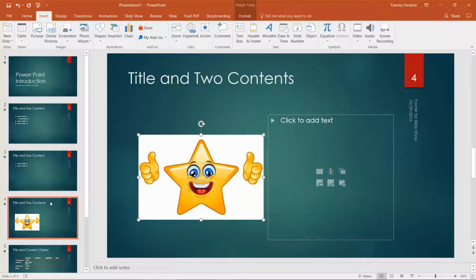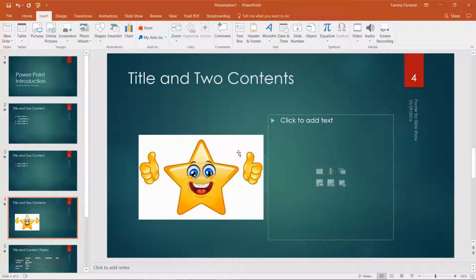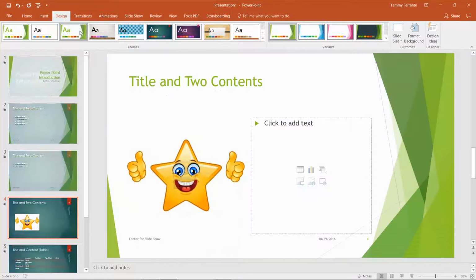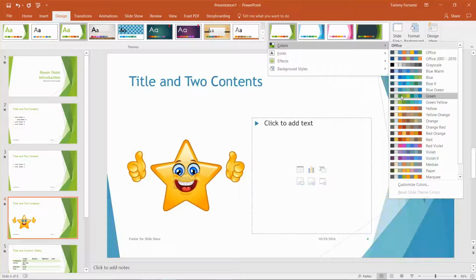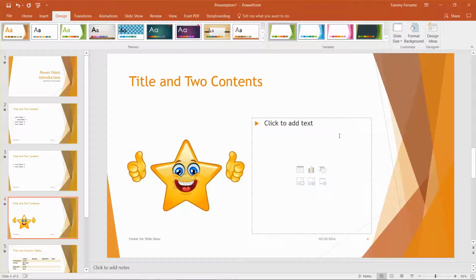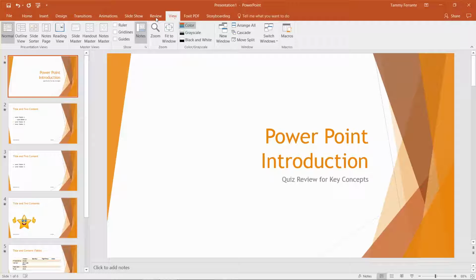So here I have my footer, and this is just the style of the design that I have. The footer is showing up over here. If I go into my design and change my design style, you can see it's now here on the footer. It's not on here. Now if I want to go into view, I can go into my handout, my notes,